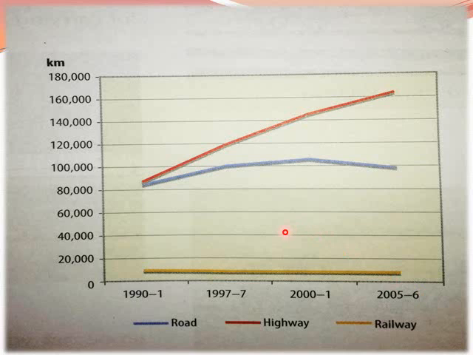So in this you can see that there is an increase in the distance covered by roads from 80,000 km to almost 100,000 km, and whereas railway, so this red line shows railway, it's not railway, it's highway. So the highway doubled. It starts from 80,000 and moves towards 1,60,000 kilometers. Alright,